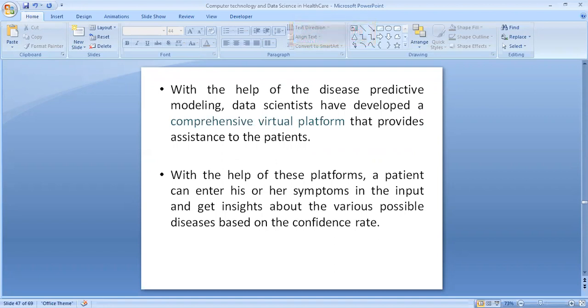So the next is rehabilitation. With the data science tools that we have, we can create a virtual platform so that it's not necessary for the caretaker or the physician to have 24/7 monitoring over the patient. If they have the will, if they have the confidence, then obviously this platform is going to be very useful for them to improve from a health point of view.